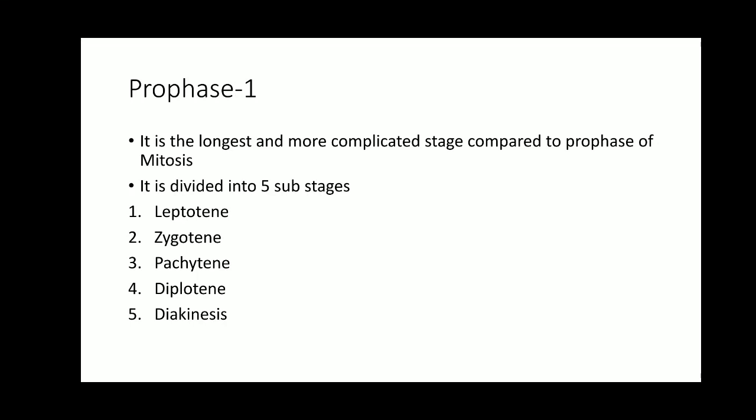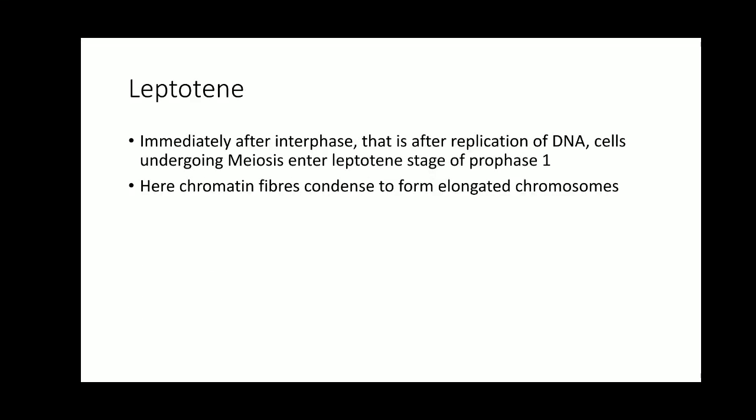After this, the cell is going to enter into the leptotene of the prophase 1. So the DNA that is synthesized in the S phase of interphase is going to remain in the form of chromatin fibers. So in the interphase, it is going to remain in the form of chromatin fibers, and therefore in the leptotene stage, these chromatin fibers are going to condense to form elongated chromosomes. So the condensation of chromatin fibers is going to take place in the leptotene stage, that is thin thread like